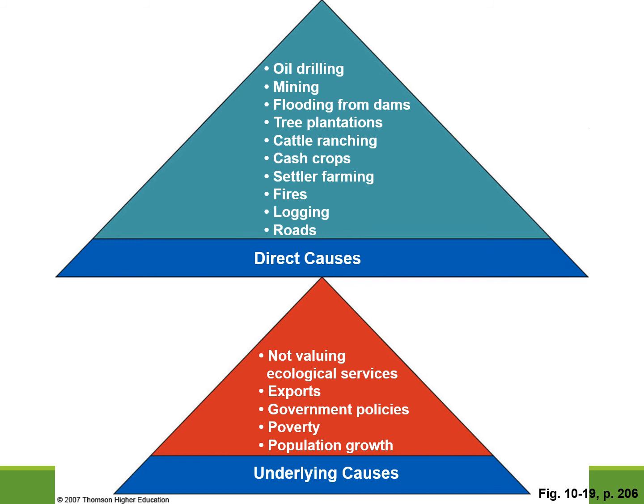But really underneath, poverty, oops, I meant to circle it, not cross it out, poverty, corrupt governments, having to export products to pay debt down, those really are the underlying causes. So when you think of solutions, sometimes it's really getting at poverty, it's getting at government corruption. That maybe would really be the answer.